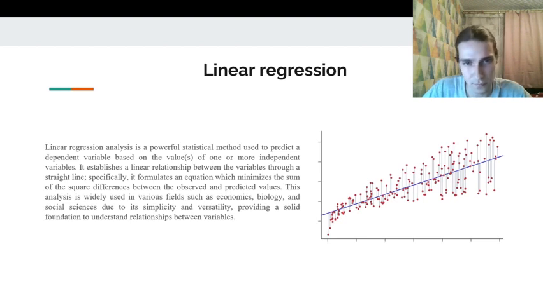Linear regression will use the data to establish linear relationships between the dependent and independent variables. Using those relationships, it predicts the value of the dependent variable. However, this method has its limitations. It assumes that changes in the dependent variable can be fully explained by changes in the independent variables, which may not be true in the real world.